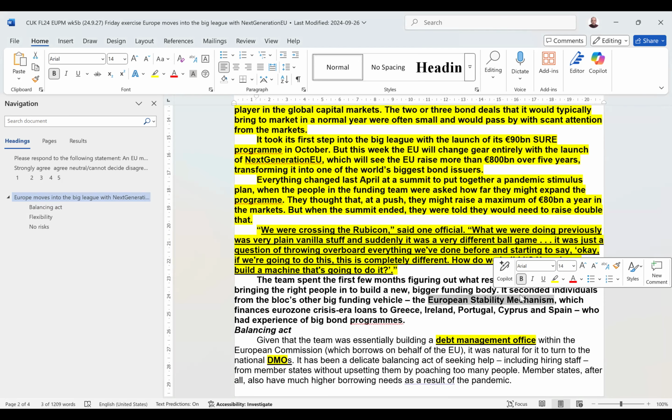the sovereign debt crisis that was going on in 2010. All right. So there are people that work in the European Stability Mechanism. They have experience working with financial markets and monitoring financial markets. So they brought over these people to set up the Debt Management Office. The Debt Management Office is going to process and sell these euro bonds to fund the Next Generation European Union. Right. So let's look up the European Stability Mechanism here.